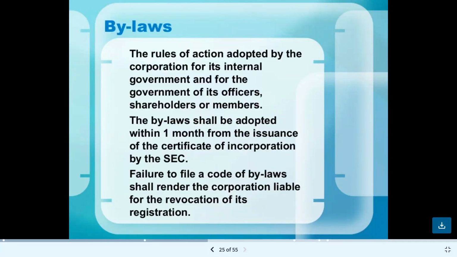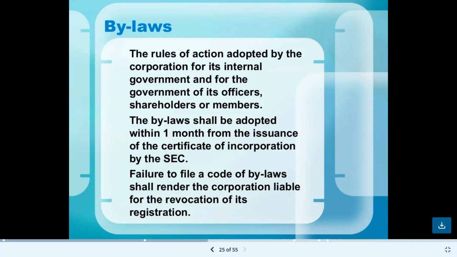Now let's talk about ByLaws. Again, this is one of the requirements which shall be filed with the SEC aside from the articles of incorporation. ByLaws are the rules of action adopted by the corporation for its internal government and for the government of its officers, shareholders, or members. The ByLaws shall be adopted within 1 month from the issuance of the certificate of incorporation by the SEC. Failure to file a code of ByLaws shall render the corporation liable for the revocation of its